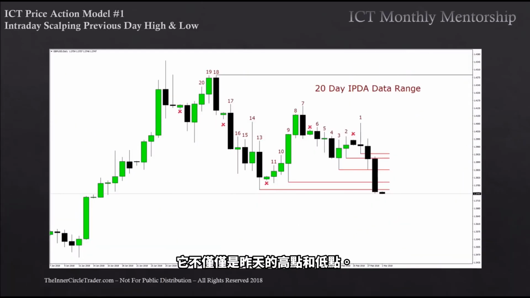Now when we're looking for previous daily ranges, highs and lows, again, it's not simply what was yesterday's high and low. What I'm referring to is the last 20 days range in terms of IPDA data range that's going to form a basis of discount or premium. So when we're looking at the PD arrays inside the last 20 days, we're going to go through the list of the PD array matrix from premium to discount. And then also what we're going to be focusing on primarily is the liquidity that rests